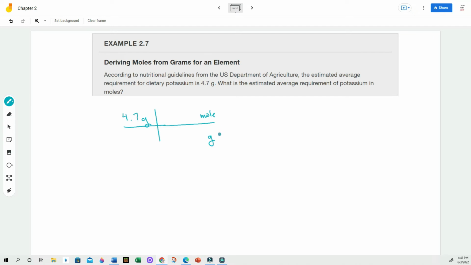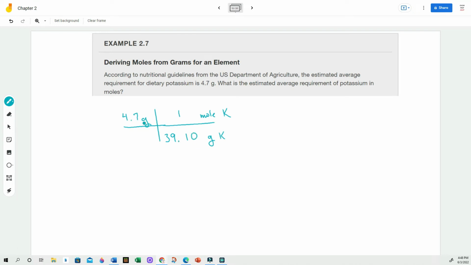So this is actually grams of potassium and moles of potassium, and then I put my numbers in. Remembering, of course, that when you have molar mass, it's always per 1 mole. Now, the number I put in here is the number of grams in 1 mole of potassium, and that is given on the periodic table. So that is